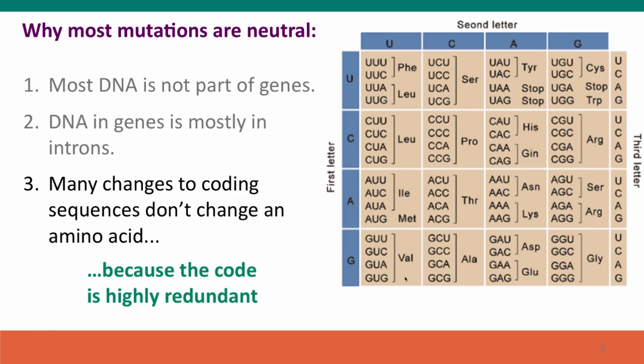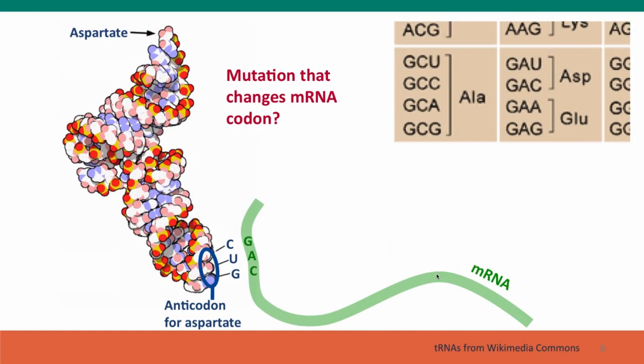Now, what this means is that it's possible to change the codon, to change the triplet code in the messenger RNA without changing the amino acid that's inserted. And that's shown diagrammatically here. So here's a schematic drawing of the effect of different mutations on which amino acid is inserted. The green line here represents a messenger RNA, and we've highlighted a particular codon, particular triplet, the bases GAC, which the genetic code table tells us instructs the ribosome to insert aspartate, the amino acid aspartate, at this position